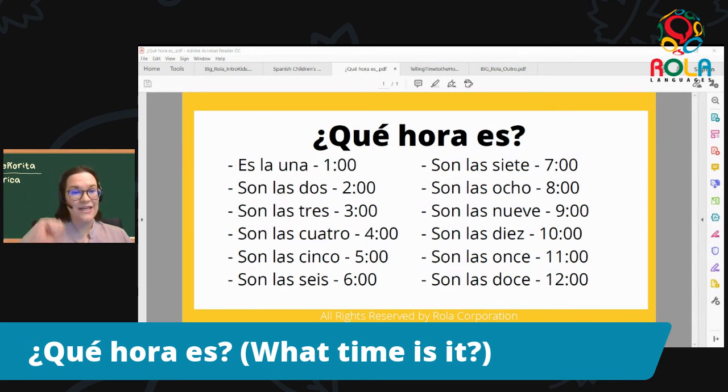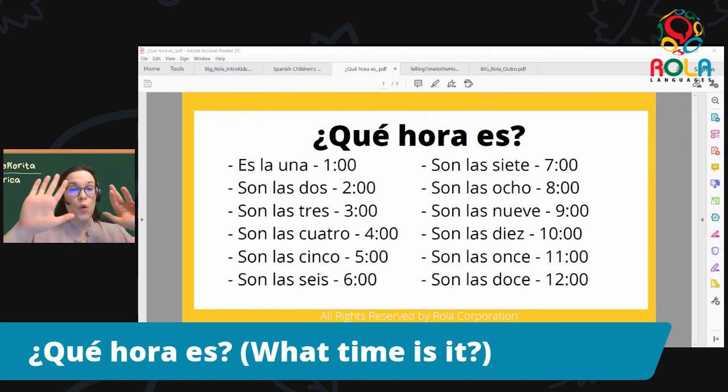Son las 5. ¿Y cómo se dice it's 6 o'clock in Spanish? Son las 6. ¿Cómo se dice it's 7 o'clock en español? Son las 7. ¿Cómo se dice it's 8 o'clock en español? Son las 8.